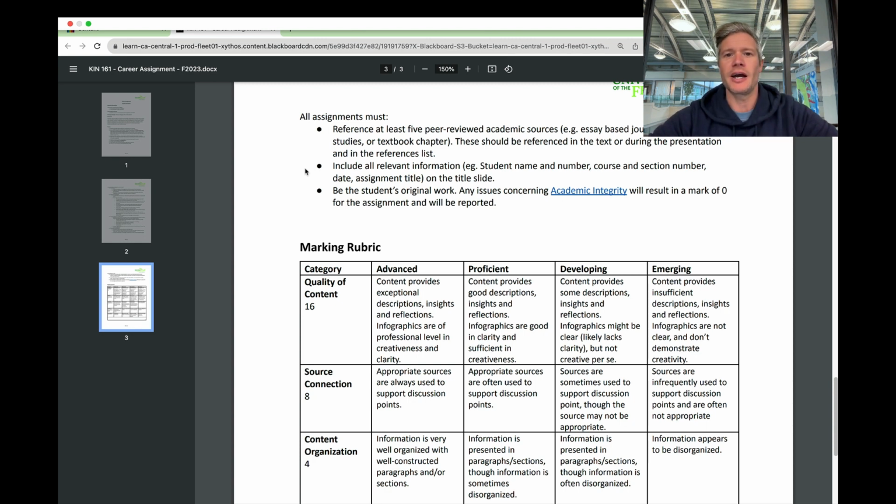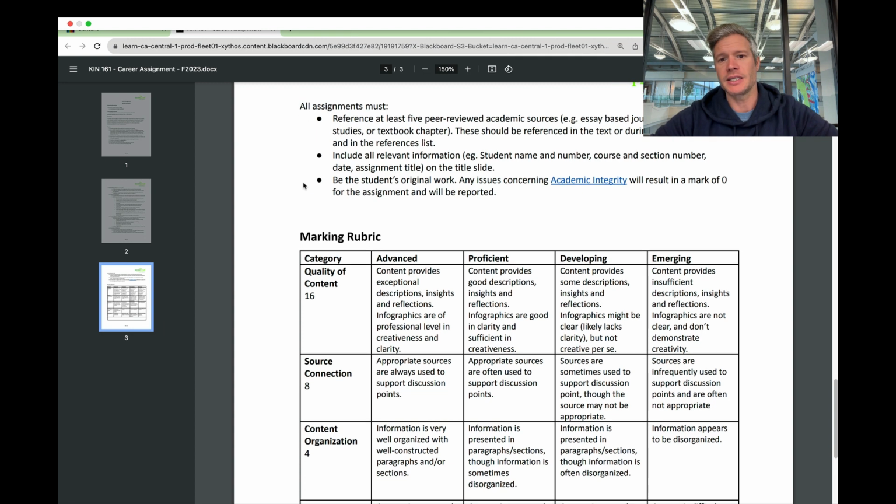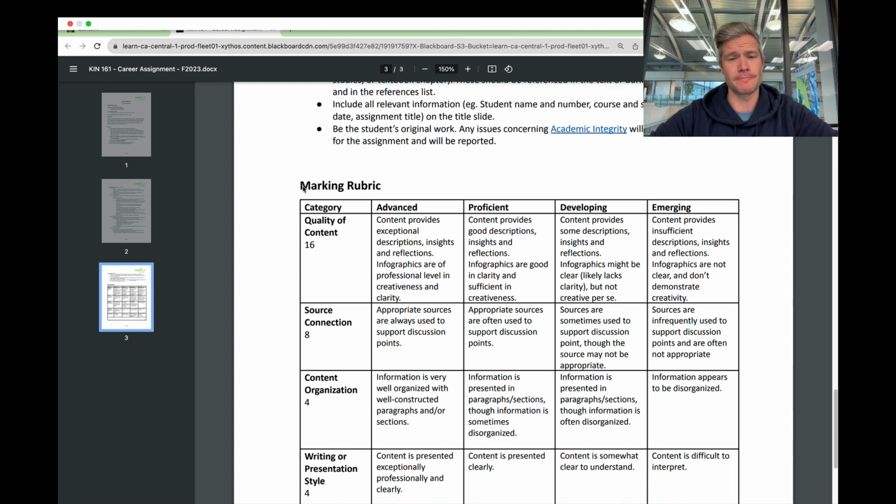So ensure that all names are on the assignment for sure. And last but not least, I want your original work on this. Obviously, you want to synthesize all the information. Anytime it's not your work or your idea, even if you've read something somewhere and then pulled the idea and started explaining in your own words, 100% cite that using APA.